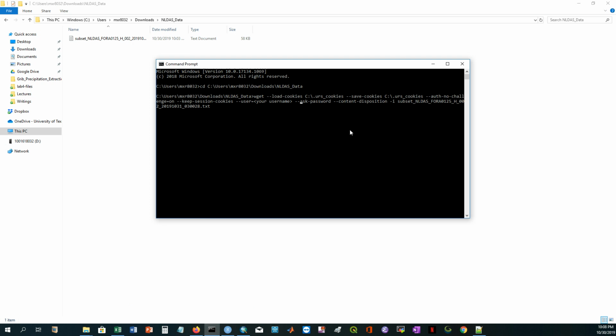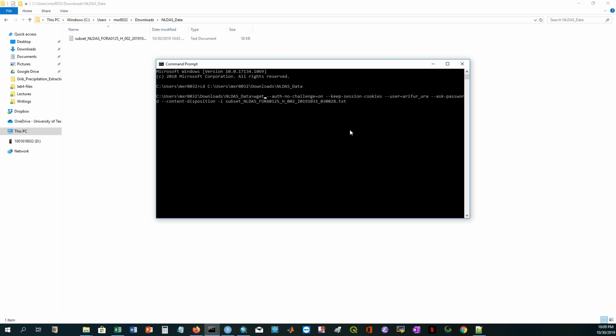Ask password. If you just open an account, then you have your own password, and I'm just replacing this portion by my user ID, and it is this for UTA. And then I'm not going to keep any cookies, so I'm just deleting this one. Yeah, it is here. So what I'm keeping here is wget, that means it will use the wget executable, and this command now will be run using wget,